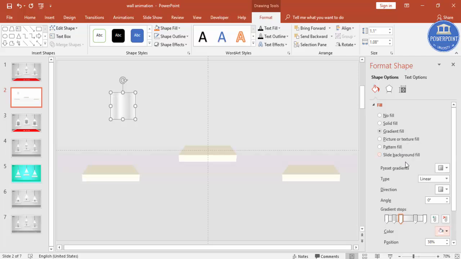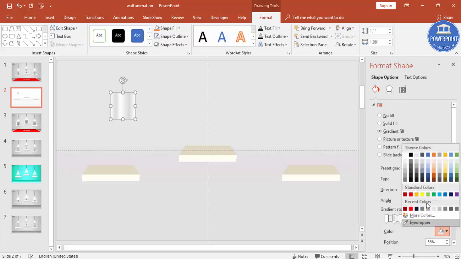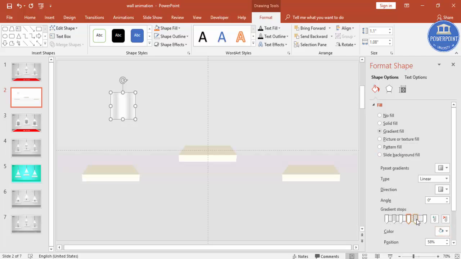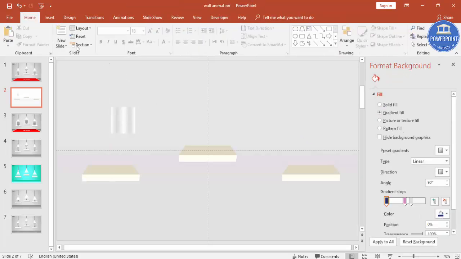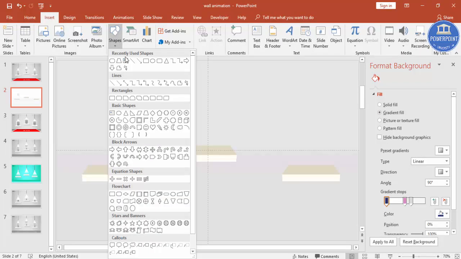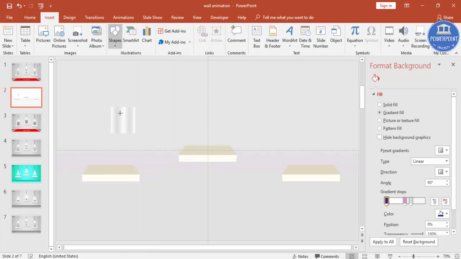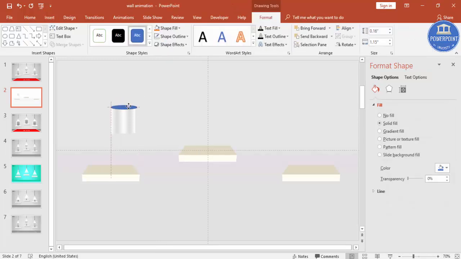and I'm going to add one more stop to give one more light effect, and again one more on the right side, and align it or adjust it properly. You can work with 4 or 5 stops. If you feel, then you can add more also. So you can see here I have just given this particular effect, and go to Insert, Shapes, and select an oval shape, and put oval shape on top of that,